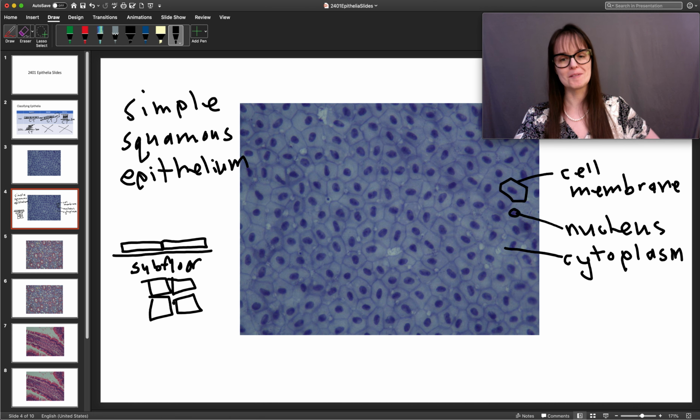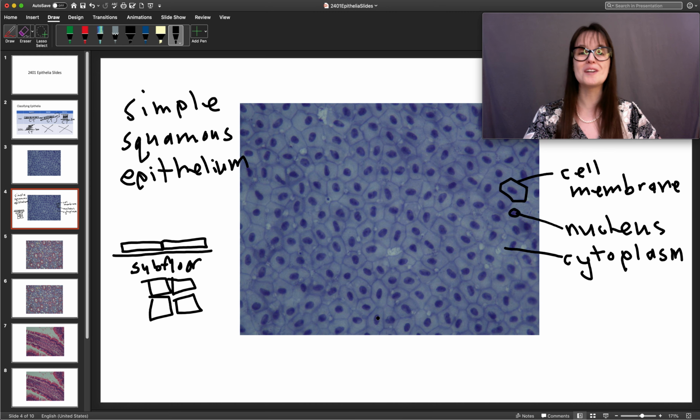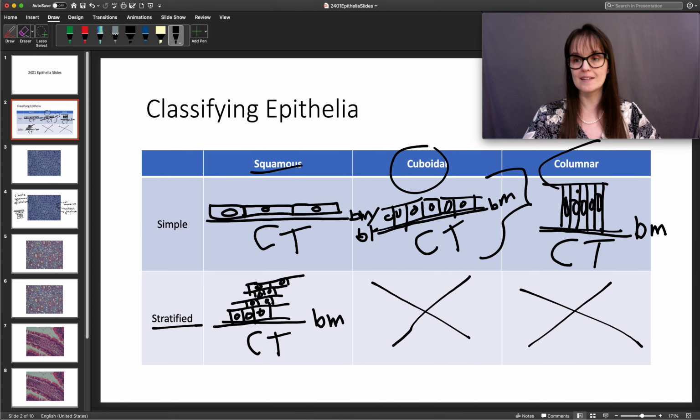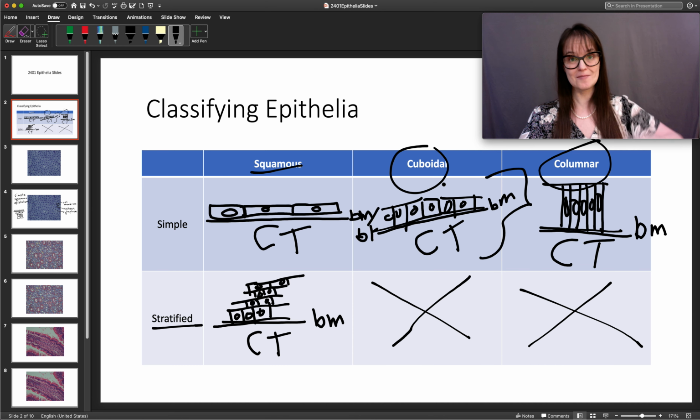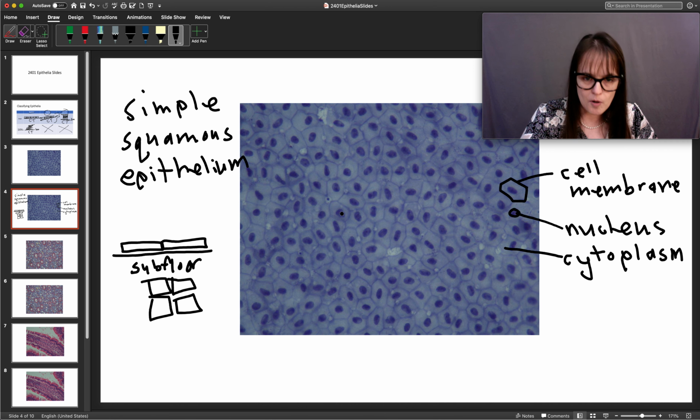So it depends on if you're looking at the cross-section view, which is what I drew up here, or if you're looking at the superior view looking down at it, which is what you're doing here. You may notice that the cells are roughly hexagonal. Most of your cells are, including the cuboidal and the columnar. When you look down at them from a superior view, they are mostly hexagonal, like honeycomb, because it's the most effective use of stuff for the space. So that's just physics and biology having fun. So if the pointer is pointing right here and it says ID structure, you say